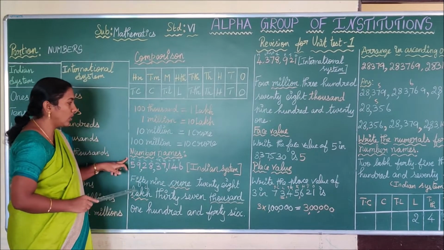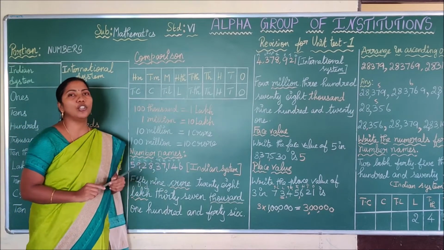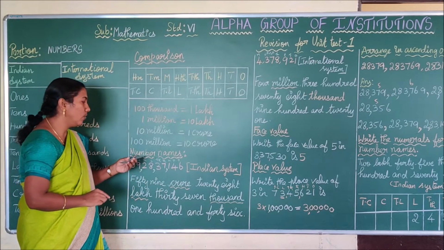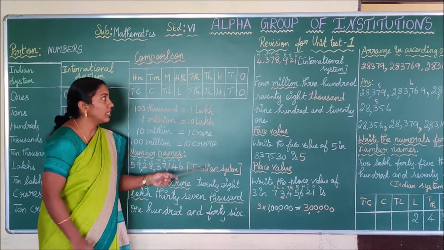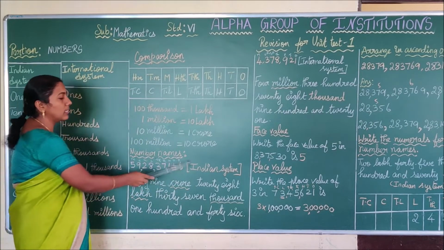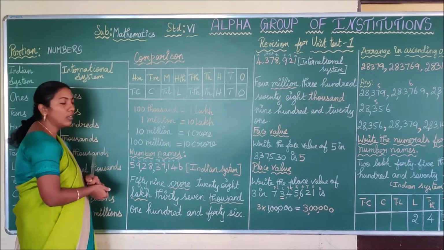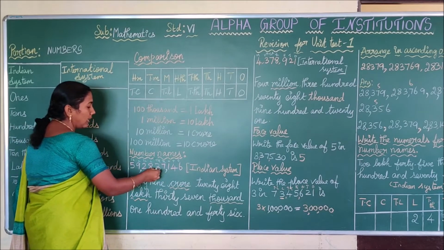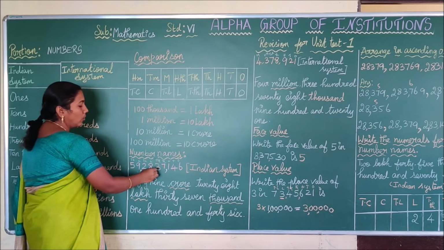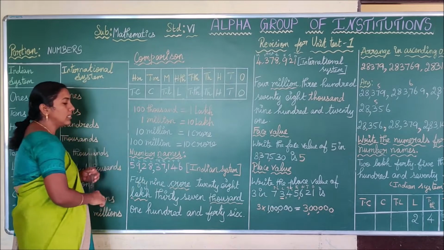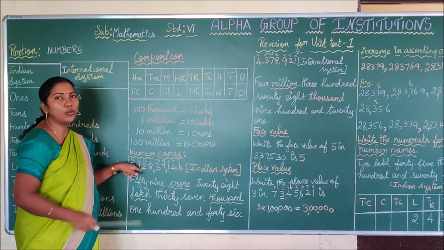Okay. See the next one. In the question paper, you have to write the number names of the numerals. Listen carefully to what they are asking, whether they are asking to write in the Indian system or the international system. Okay, the first question they are asking is by the Indian system. As per the Indian system, how can you put the comma? First 3 digits and then every next 2 digits. That is 1, 2, 3 first comma, and then 1, 2 next comma, 1, 2 next comma. This is the way you have to use commas in the Indian system. So the first step is you have to place the comma.